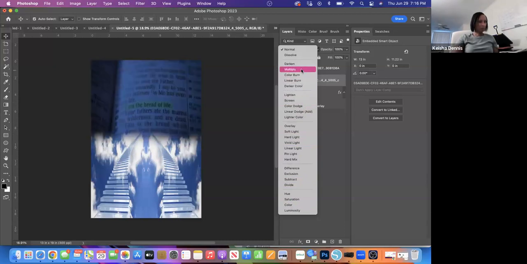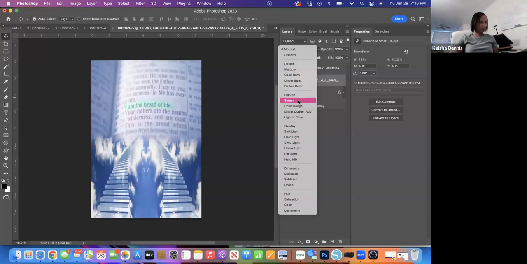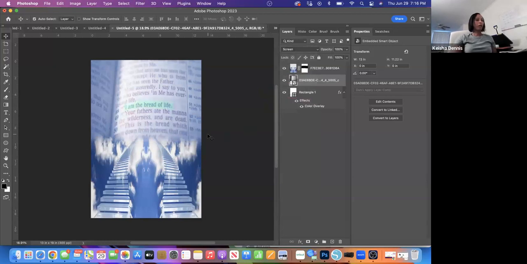So I'm gonna just go through, because it was one that I seen that I asked, that one here, this green one, and I click it and voila, that Bible verse is in the background like it's supposed to be there. So now if I want to make it a little lighter,